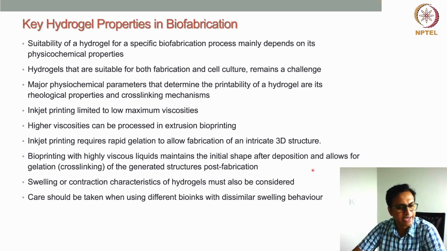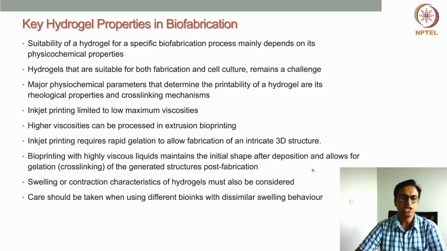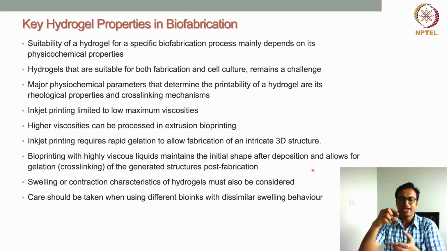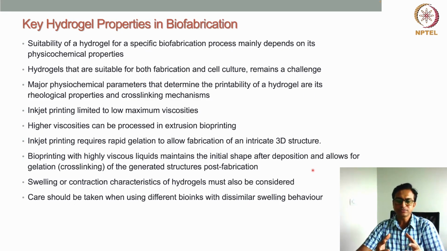it helps to retain the shape after deposition, right? That's the advantage in case of extrusion bioprinting, because we use high viscous material. When high viscous material comes out of the nozzle, because of this high viscosity it initially maintains the shape after deposition, and it allows you to do the gelation or cross-linking after fabrication. So post-fabrication cross-linking is possible in extrusion bioprinting,